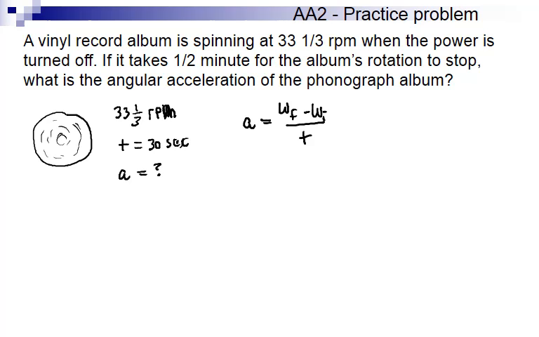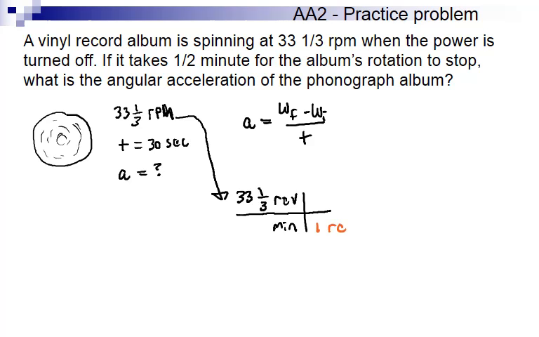We know that the change in angular speed over time will give us the acceleration. And this also comes from omega final equals omega initial plus alpha times time. So same thing. And we know how many revolutions per minute, so we're going to need to go from a revolution to a radian. So 1 revolution is equal to 2 pi radians,